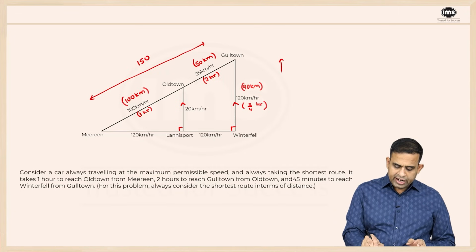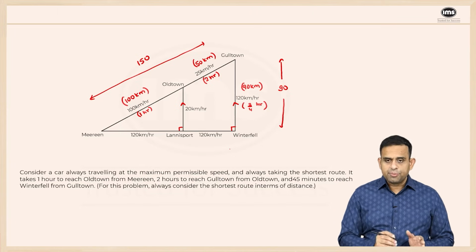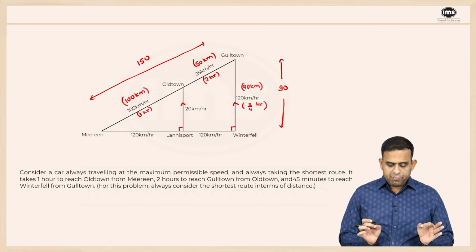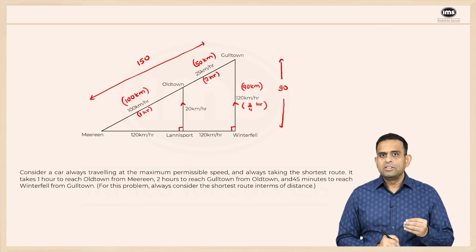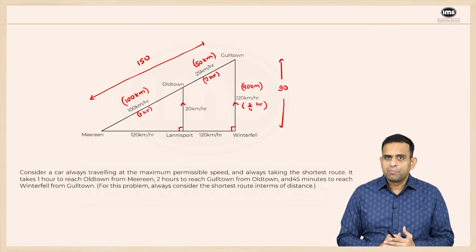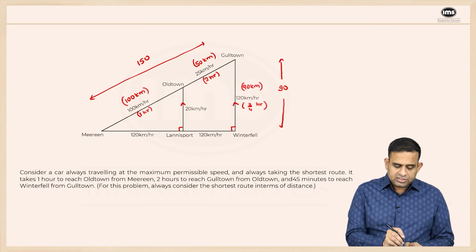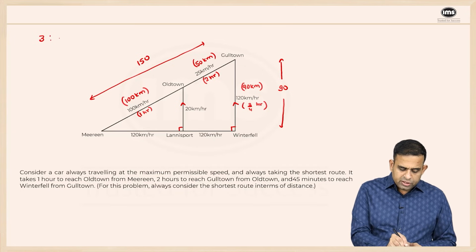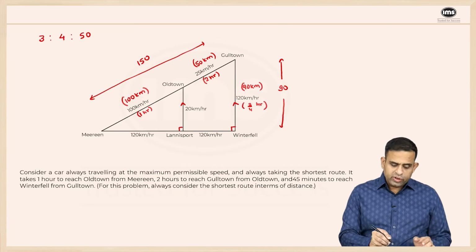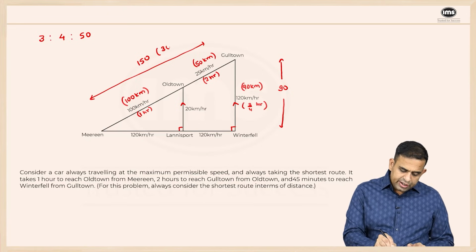This perpendicular side happens to be equal to 90. So if I use Pythagoras theorem, we can find out the distance between Marine and Winterfell. People who know about Pythagoras triplets can find this on the easiest side. If I know the simplest triplet 3:4:5, because if I look at the number 150, which you can say